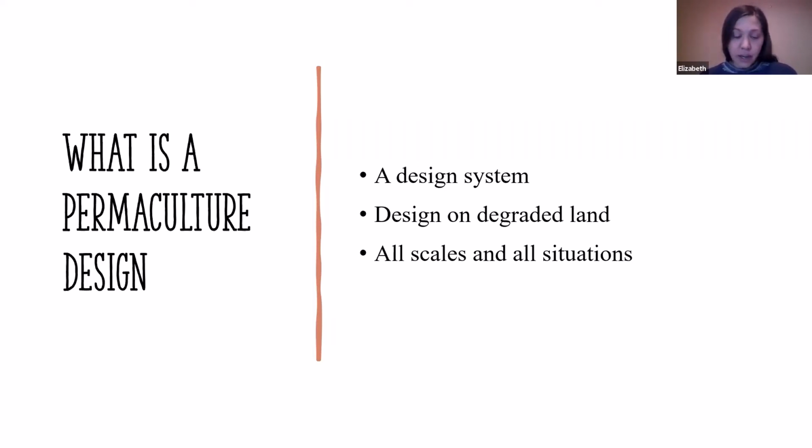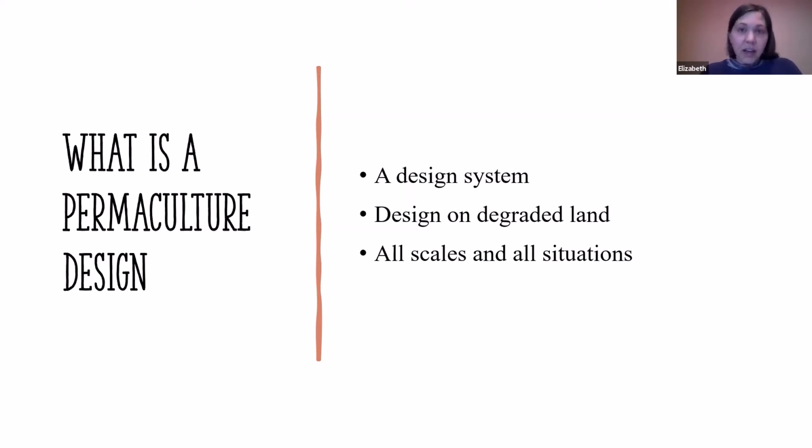It's actually a design system, where all the parts are supposed to work together to make the whole continuously better. So all the waste is ideally being recycled back into the system to make fertility, for example. And a big part of that could be gardening, but it's not just gardening, it's a whole